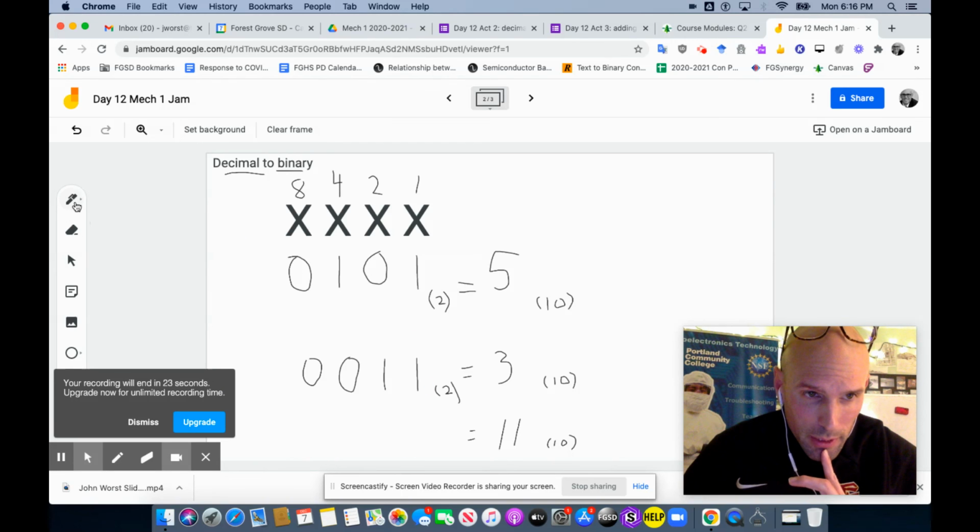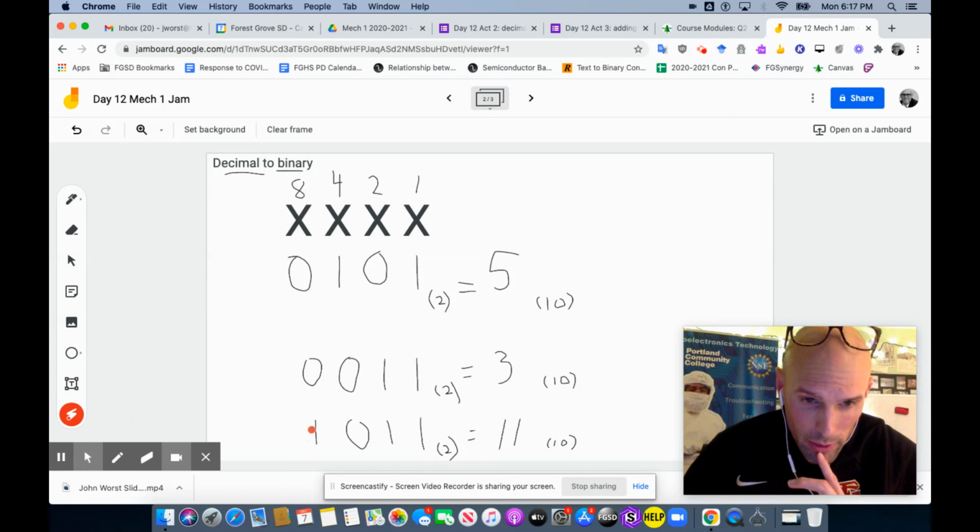Okay, let's do the last one here. Hopefully we have time. So 11. Okay, so I can use the 8 bit. So 8 plus 3 would make 11. There we go. Oh no, it's covering it up. Okay, so this one's worth 8, this is worth 2, and this one's worth 1. See up here? So 8